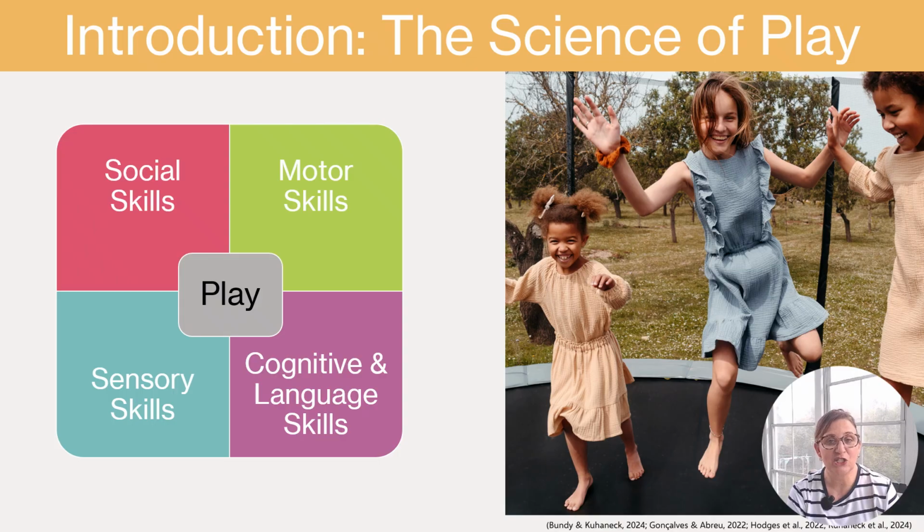Play activates the sensory systems that build and organize the brain. Through movement, touch, and exploration, children learn to interpret and respond to sensory information in ways that support learning and behavior. These everyday experiences strengthen neural pathways, allowing the brain to process information more efficiently. When children climb, spin, swing, or run, they're not just playing, they're wiring their brains for focus, problem solving, and self-control. This foundation for adaptive responses enables them to meet challenges at home, school, and in the community.